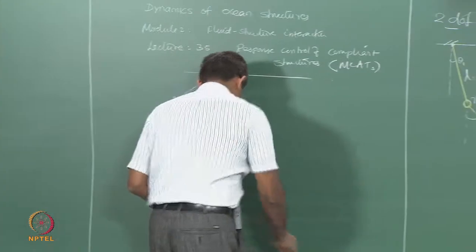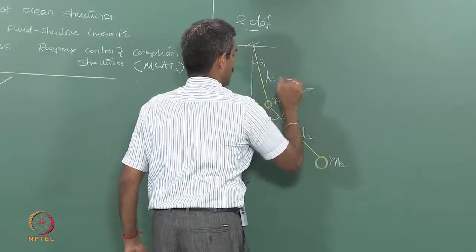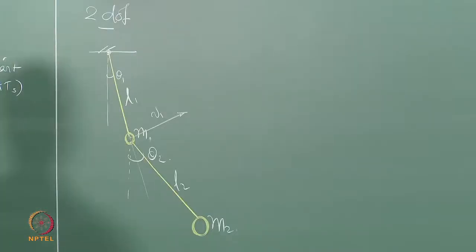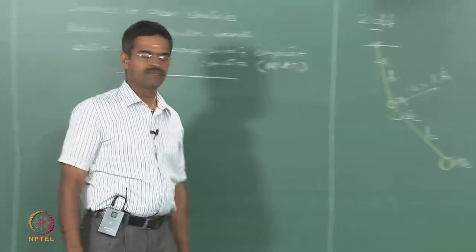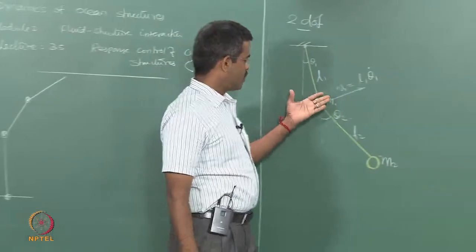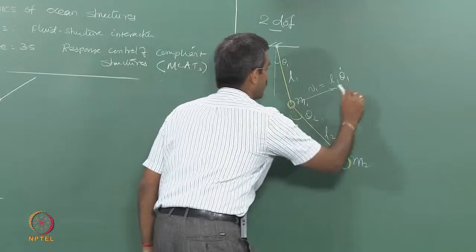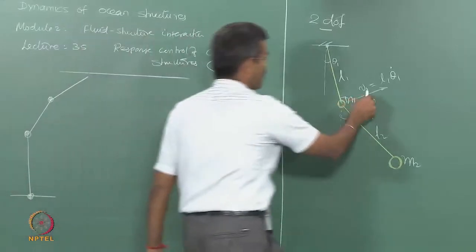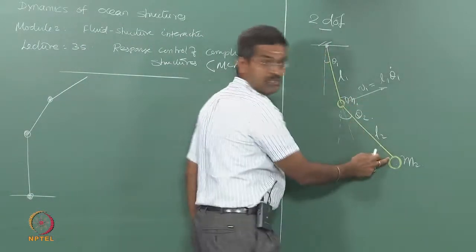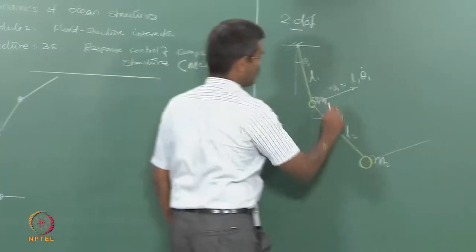We know that the velocity vector of this, which I can call V1, is simply equal to L1 theta 1 dot. I can also write down the velocity for this in a simple vectorial notation like this. See how we are doing it. I draw a line parallel to this, because you know that this is going to be normal. Obviously this will not be normal to this because they are not parallel. So I draw a line parallel to this here. I presume that they are parallel. Okay. I mark V1 here.